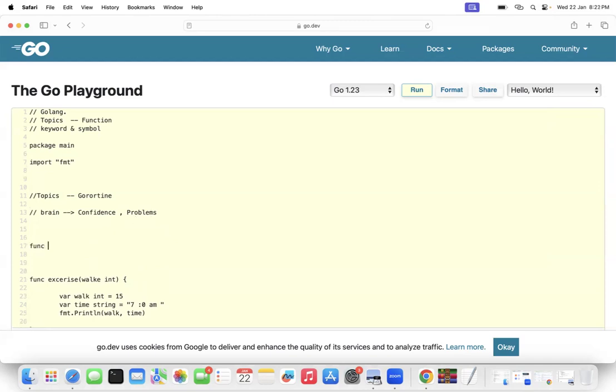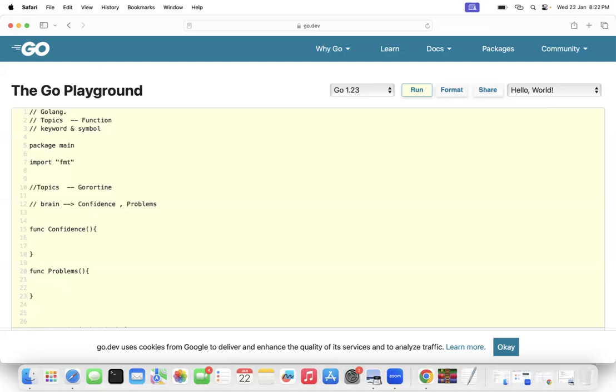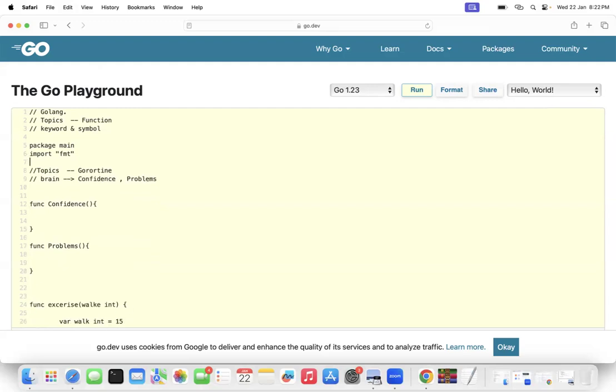So let's imagine like this. I have a function named confidence, and I have problems. You can see there are two functions, one is confidence, one is problems.